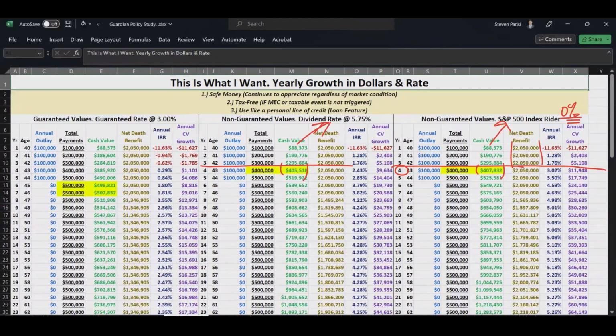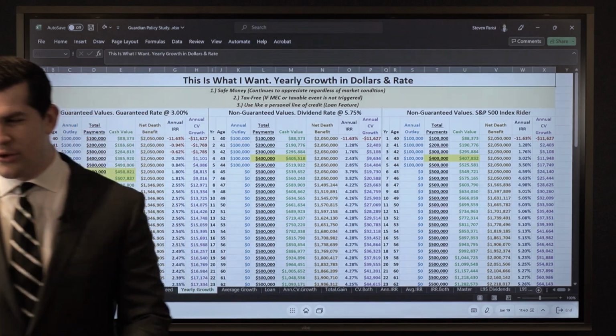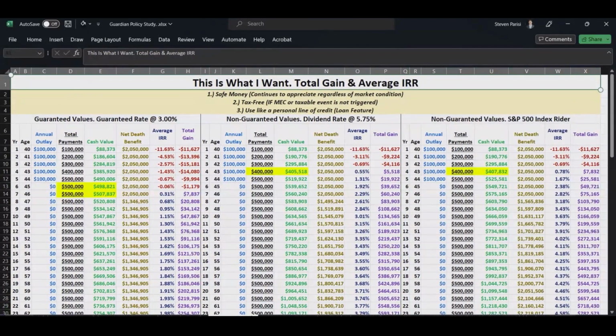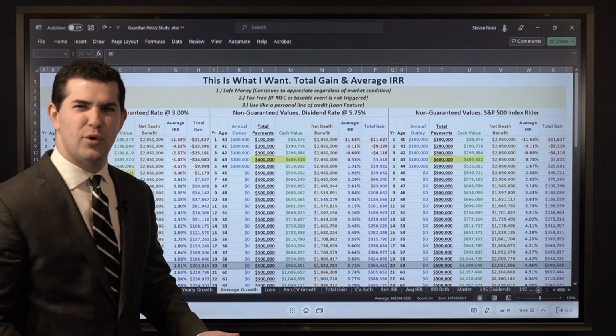If we look at the growth here, let's just go to year 20. What do you notice? IRR is strong. So is the yearly cash value growth. But again, hypothetical. And then if we look at the total gains, there we go. Same thing here. There's your year 20 value. Looking at that. Pretty cool how it continues to jump up. But again, we're going to track this over time.